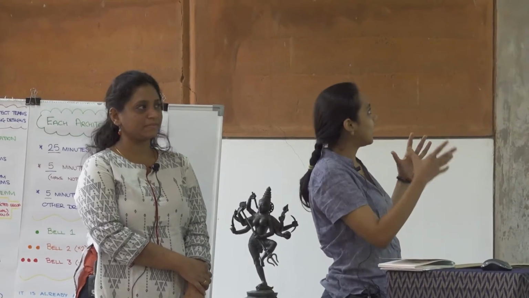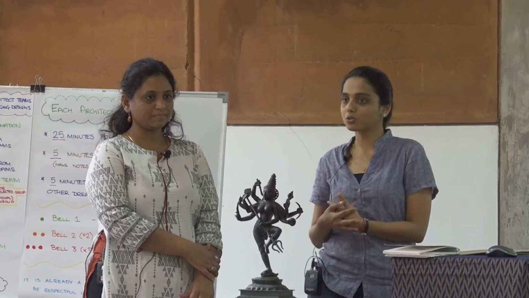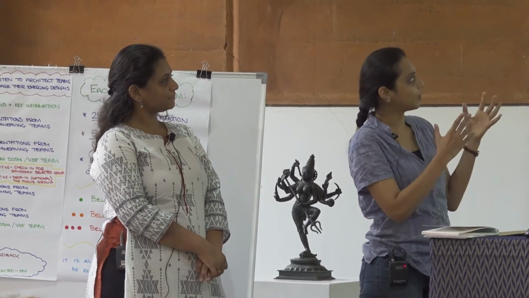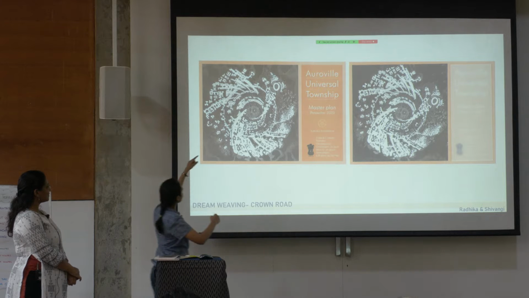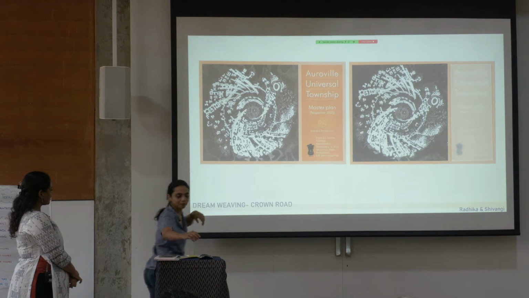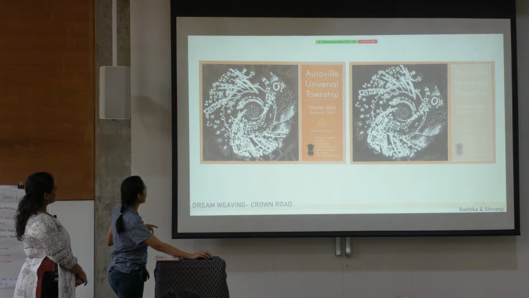When we started analyzing, looking into the galaxy and into the master plan, one thing that both of us strongly felt, and that's how we also came together, working together, is this sense of orienting ourselves to give a directionality. Because if you look at the cover of the master plan, as the plan is dynamic, it's very difficult to figure out where the north is. And actually, if you look at this, the axis, that's the north-south axis of the Matra Mandir.